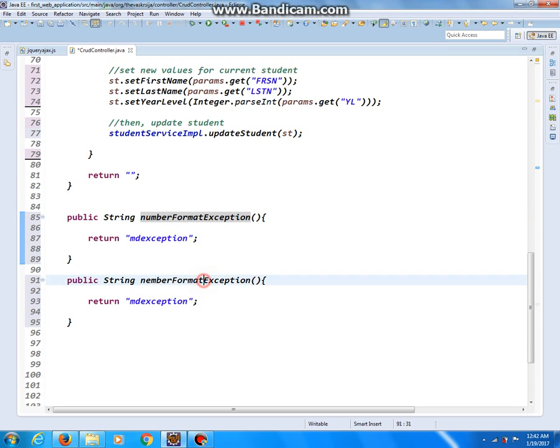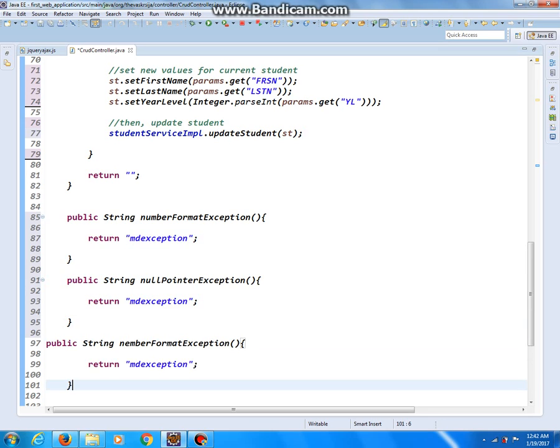This one will be null pointer exception. And the third one will be